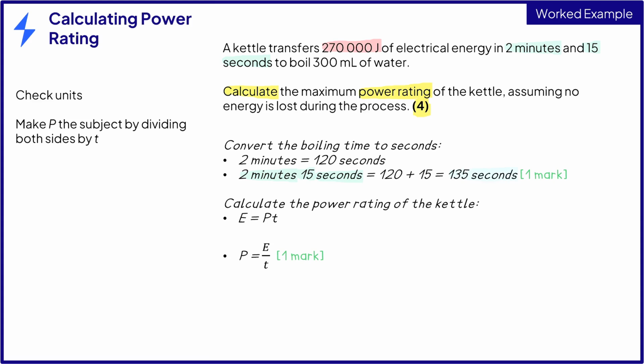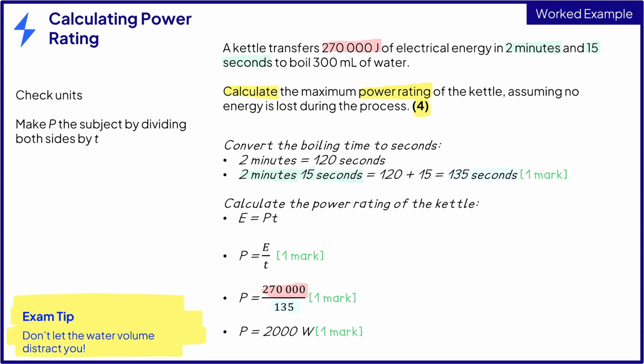Substitute in the values for E and T. P is equal to 270,000 divided by 135 for 1 mark. So power P is equal to 2,000 watts for the final mark. Don't let the water volume distract you. It's just there to give a specific situation of the amount of time and energy it takes a certain volume